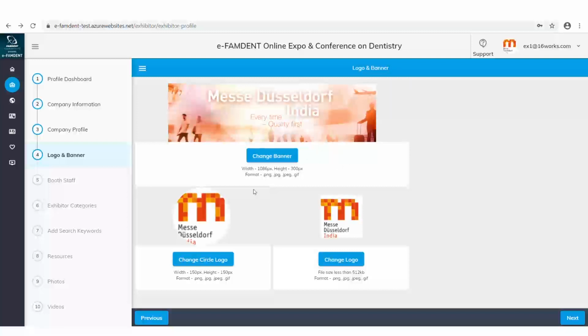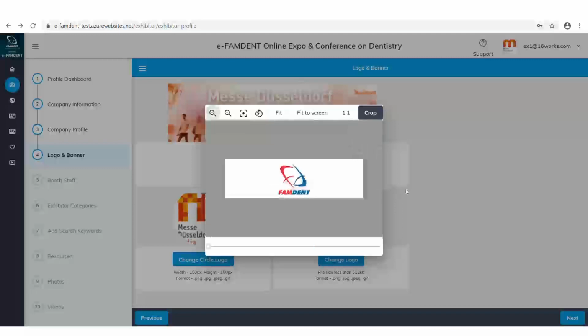But even otherwise, once you add, I'll show you an example of how you can actually use this. So when you click, you will be taken up to here. Just to give you an example, I'll take Famdant. We have also given you something called an editor where you can crop, you can fit to screen, you can modify.